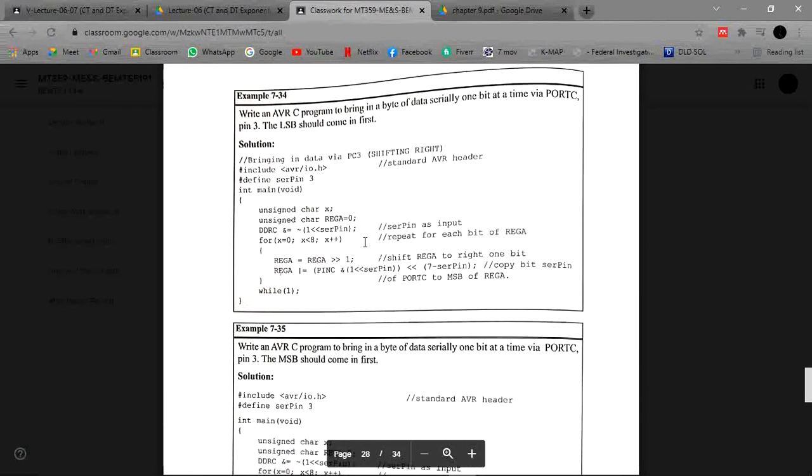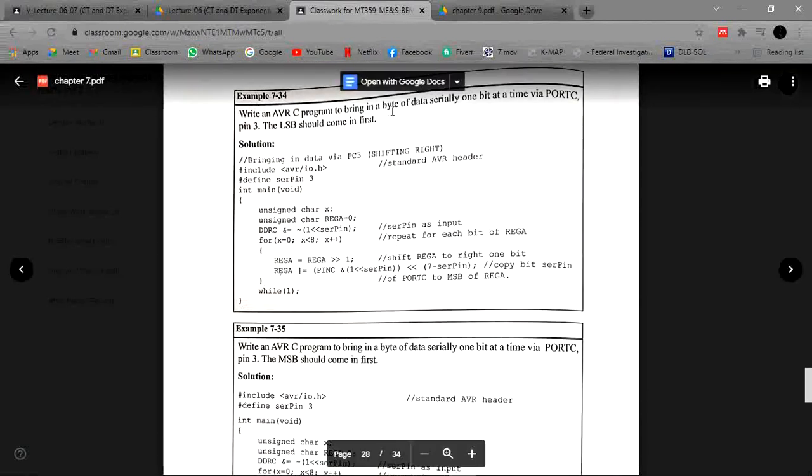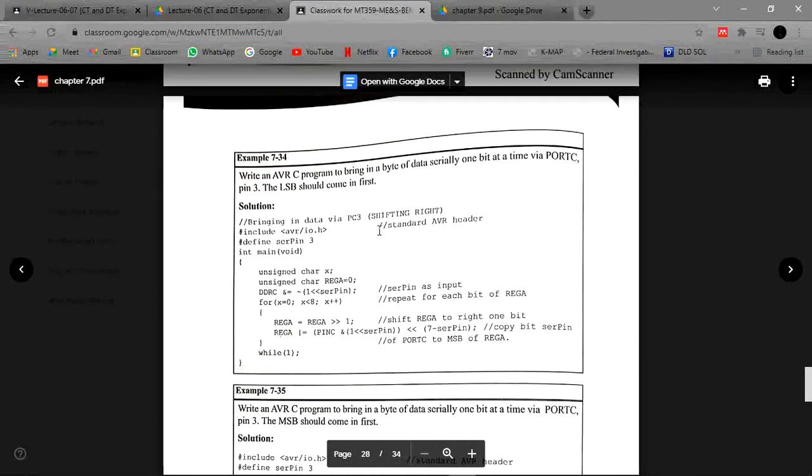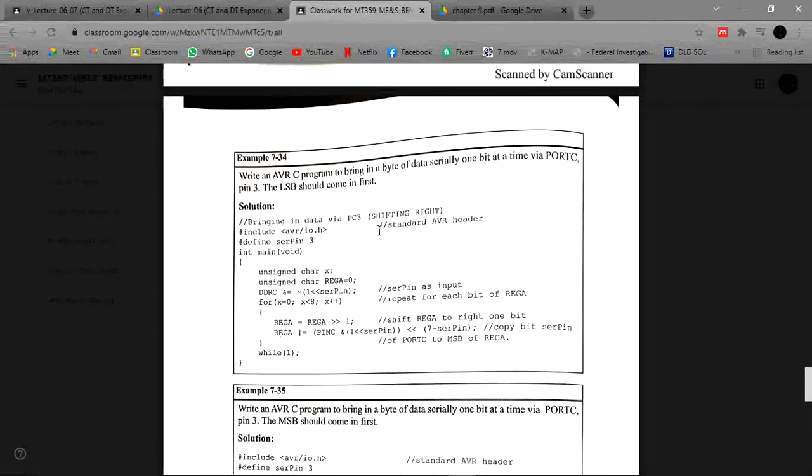so the most significant bit goes out first. In this code we have to write an AVR program to bring in a byte of data serially, 1 bit at a time, via port C pin 3. The LSB should come in first. This program is also similar to the previous one, but here we have to bring in a byte of data. Previously we sent out a bit of data, and here we have to bring in a byte of data. So here we have to set the direction register as input,